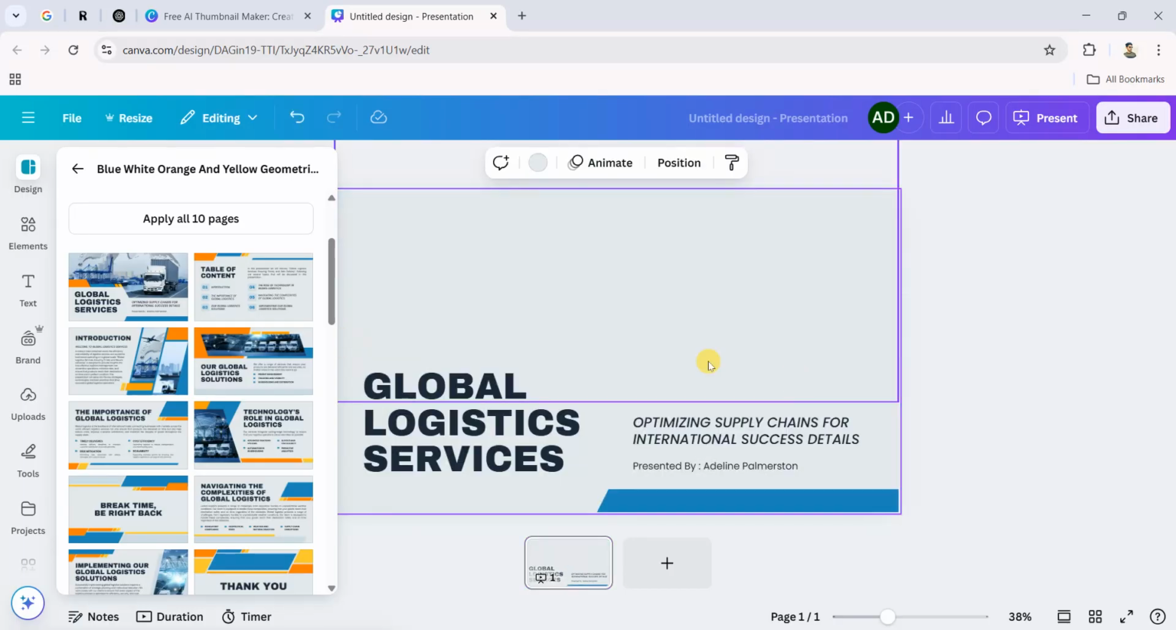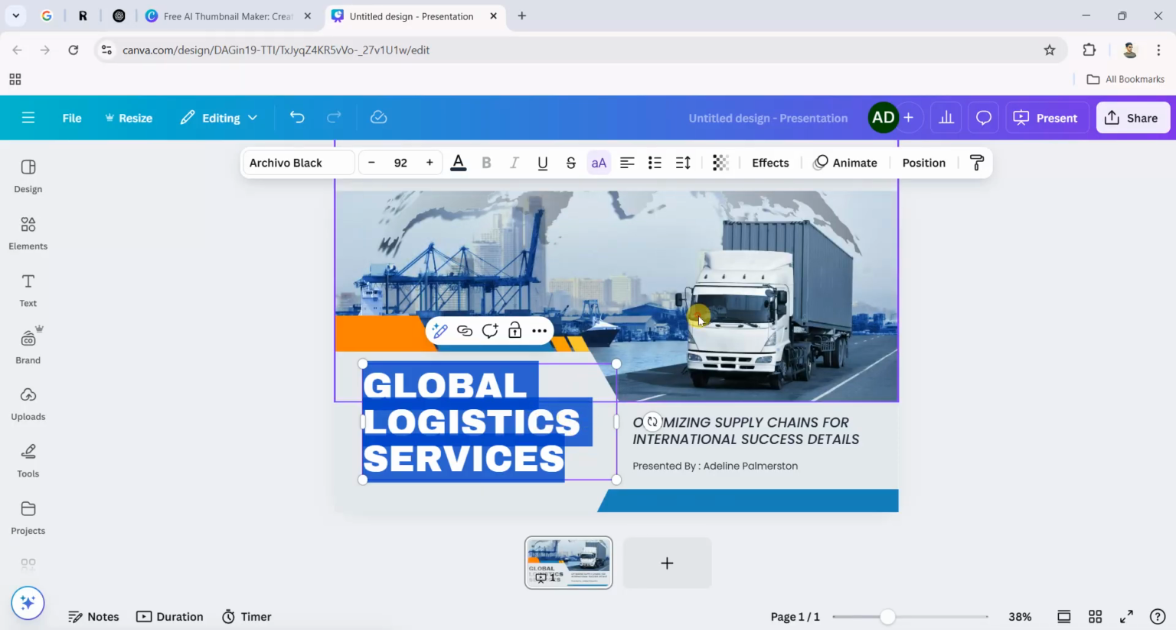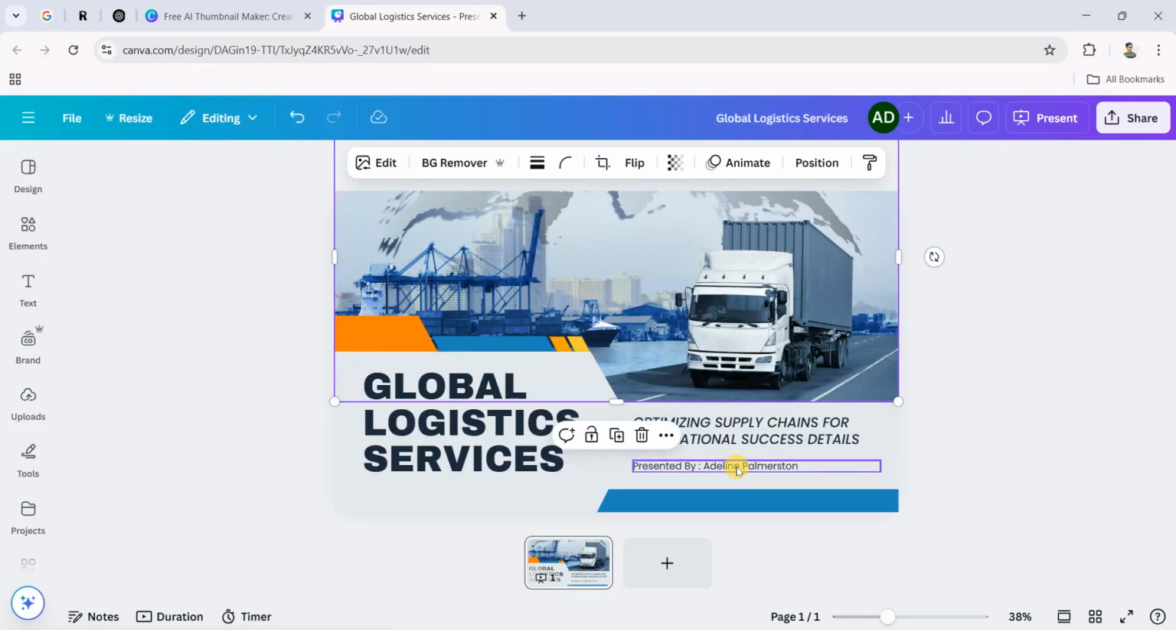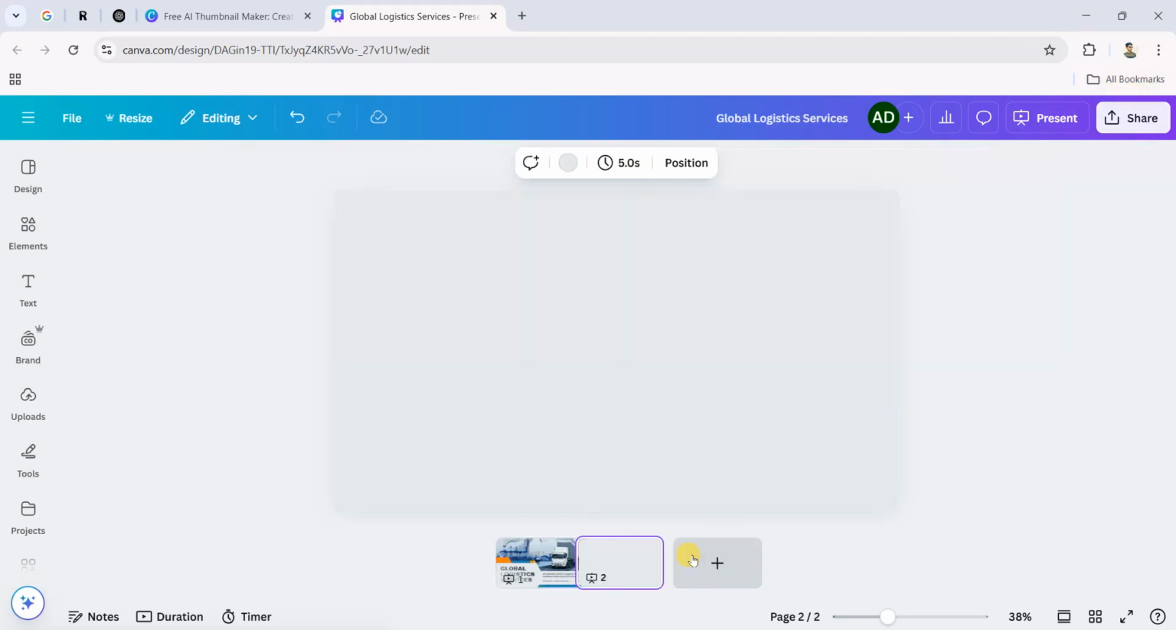Now you can change the fonts here by double clicking on it. You can change the fonts. You can type anything as you want for your presentation. Then after applying the changes, you can save it directly by going on here, share button. Okay, now